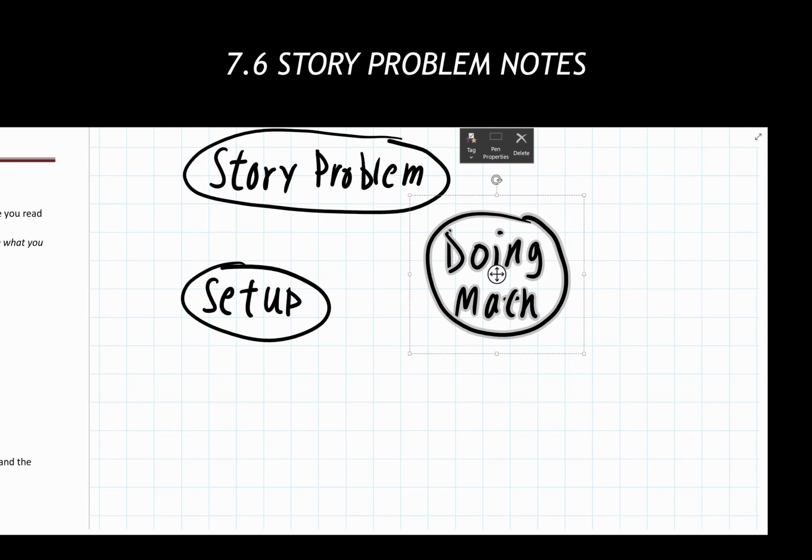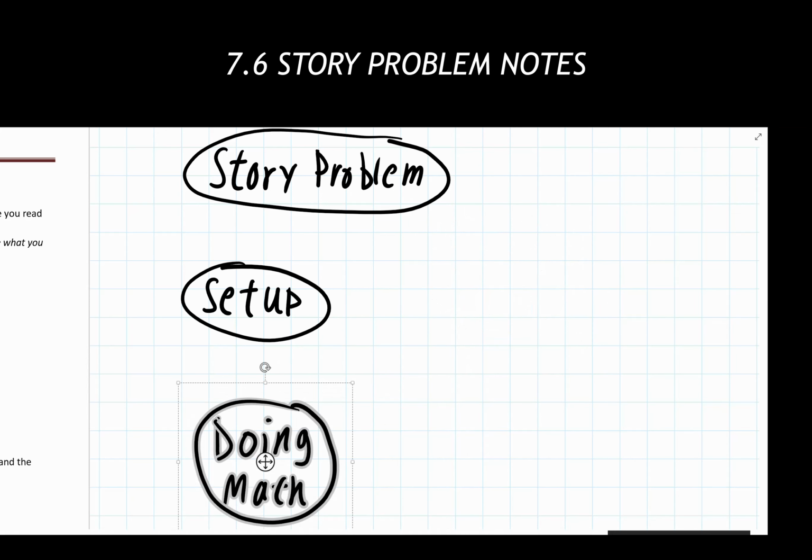Instead of jumping right to doing math, we are going to do something in a little bit different order. From the start of the story problem, we're going to go to the setup first. Now, the setup is the most important series of steps that you're going to take in all story problems. The actual computation of doing math in our later steps, we know how to do that. We have processes for that. The setup is the part that a lot of people struggle with, understandably, because there really isn't a step-by-step guide to go through and set up a problem.